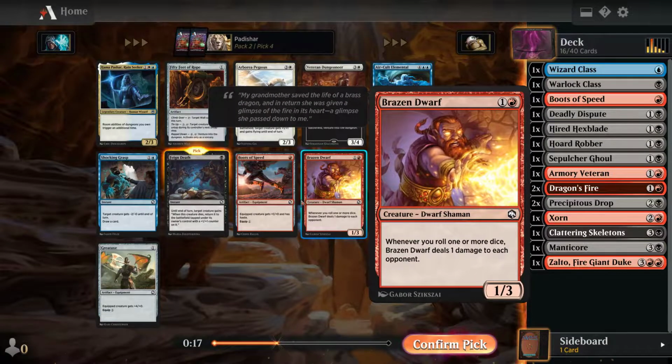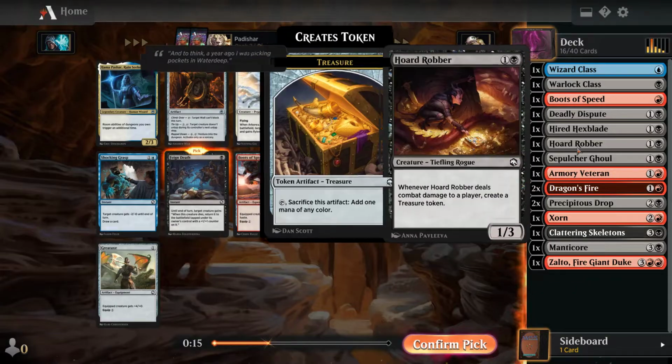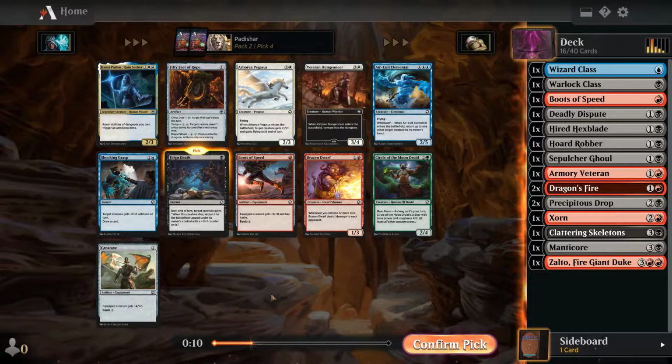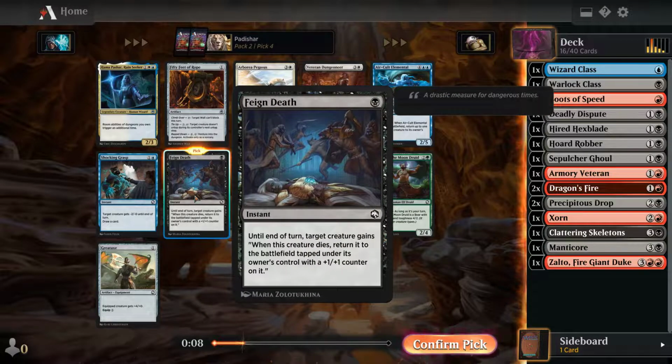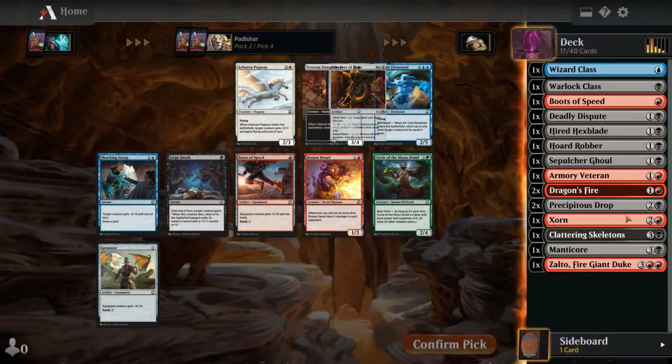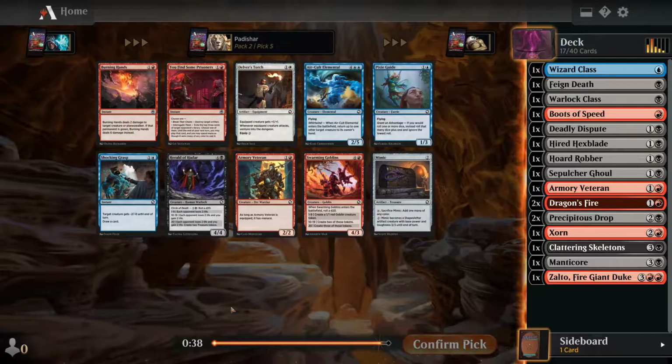The Brazen Dwarf, not a fan of that. I already have a 2 mana 1/3 here, and some other 2-drops too. So I think I will take a Feign Death. I like to play one of these. I think the 50 feet of rope is just too expensive to use. Okay, there's a